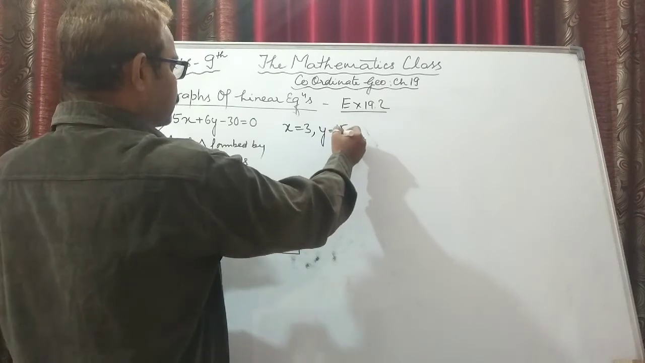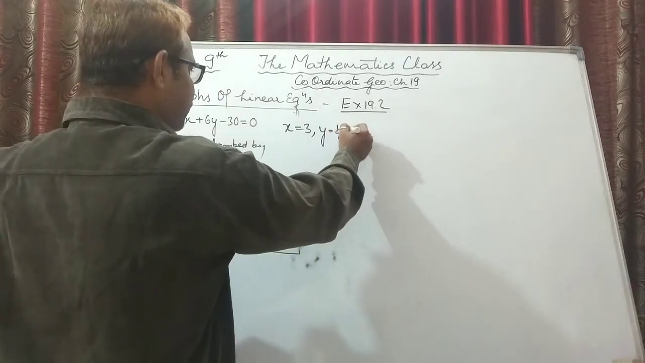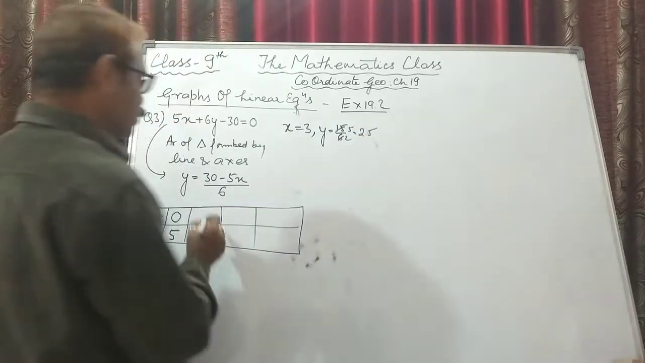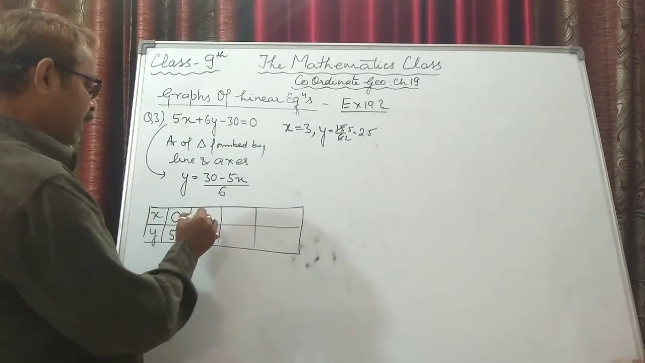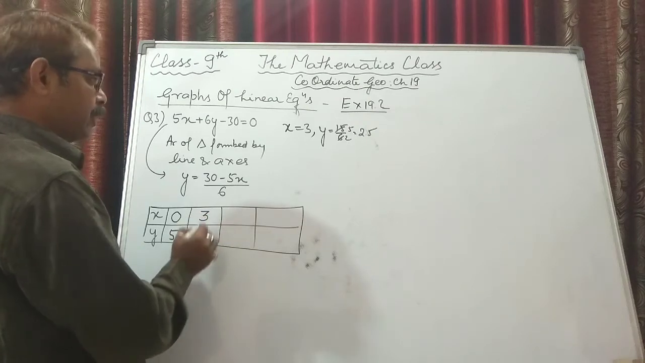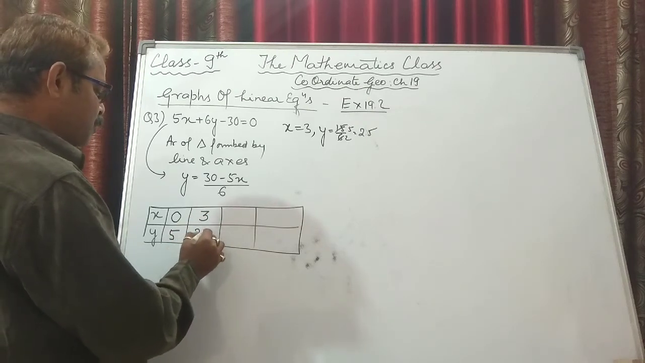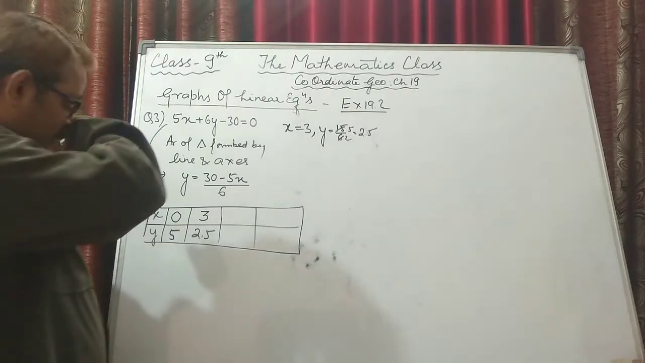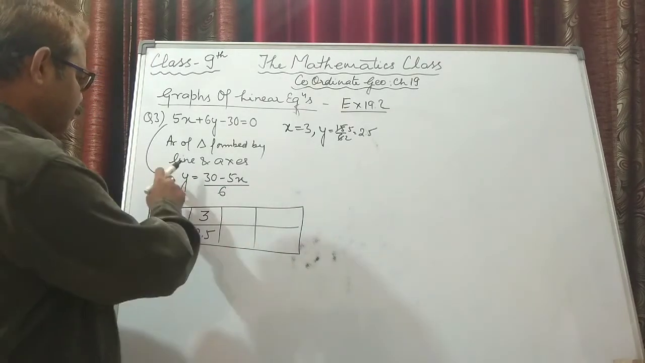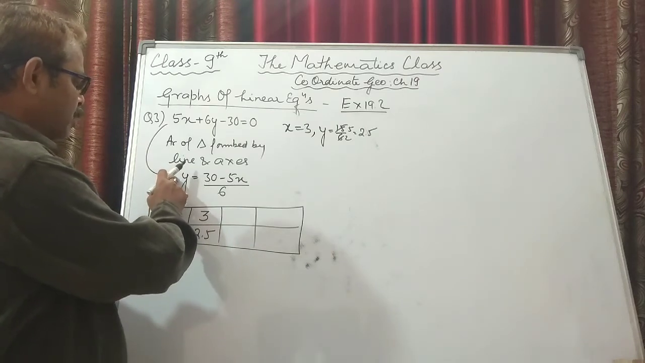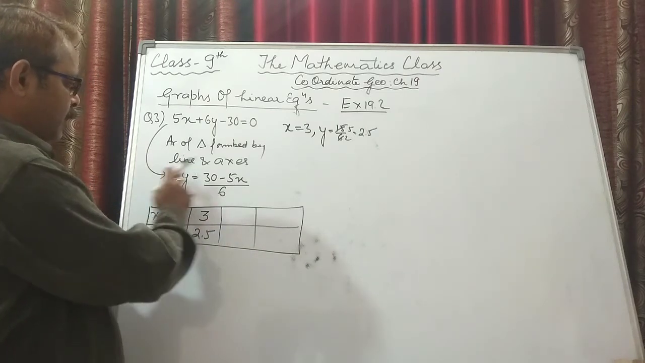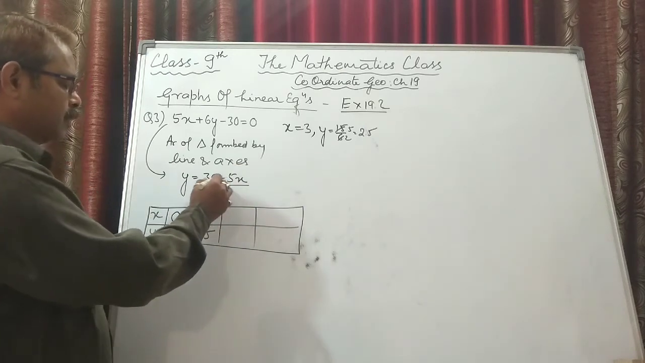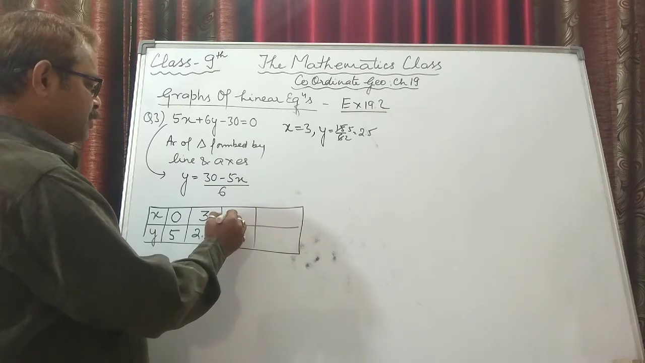Now 15 upon 6 means 3 5s are 15, 3 2s are 6, so 5 by 2, that is 2.5. So when the value of x is 3, the value of y is 2.5. Now if I take the value of x, let us say, as minus 3,